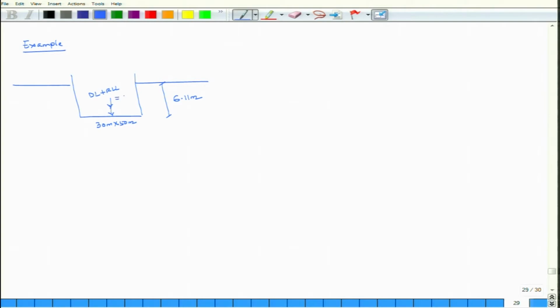Dead load is given as 120, reduced live load 84, which comes out to be 204 MN. So what has to be found? For the floating raft in clay shown in figure, A, the net load intensity producing permissible settlement is